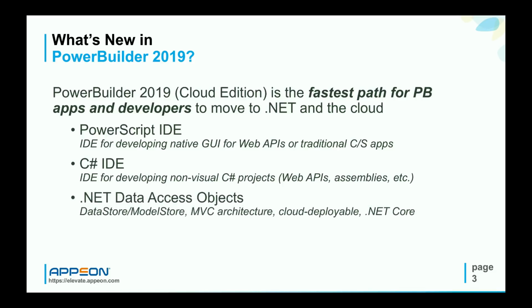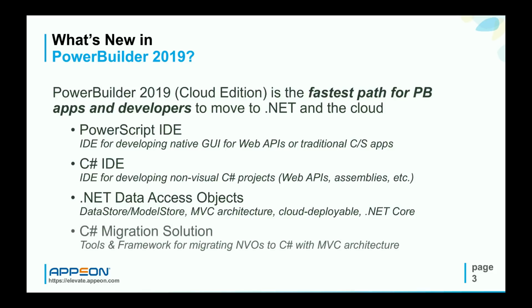And also included are .NET data access objects. And the data store you may be familiar with, that's powered with data window technology, but we've moved it forward. We've taken the data window technology, made it so it's compatible with an MVC architecture, made it so it's cloud deployable, and made it so it's 100% managed code compatible with the .NET Core. The .NET Core is fantastic because it's Microsoft's cross-OS open source .NET framework with super high performance. And we also provide a model store, which is an alternative to the data store that is created without using